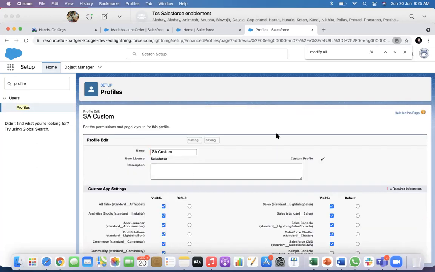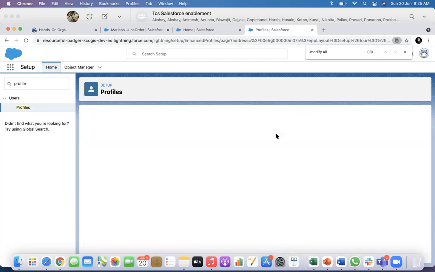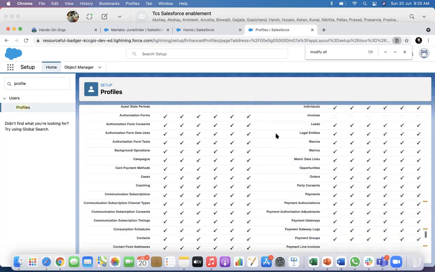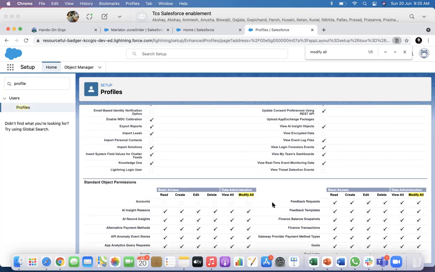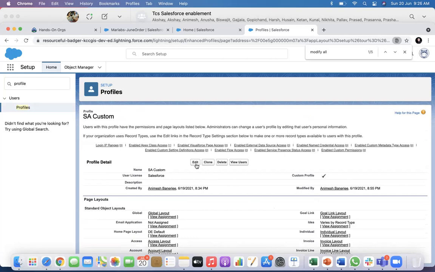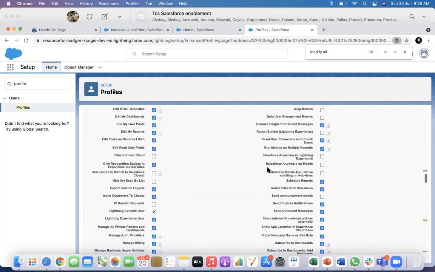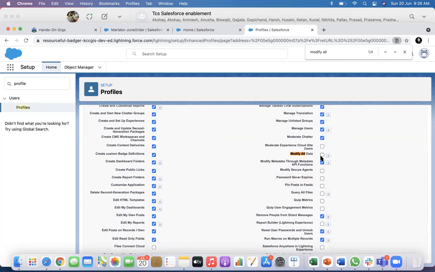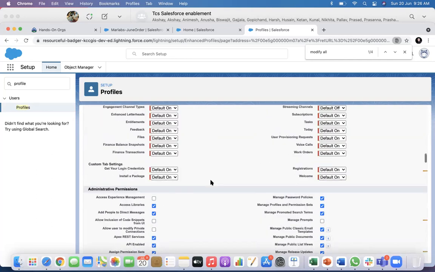So save. Let's go back to that modify and view all. I want to see whether that checkbox is checked or not. Yes, now it is. Individually you can go again and uncheck it, but if you have view all and modify all checked, or you are checking for the first time, it will automatically check all the objects, custom and standard objects. Clear? Okay, can you go again onto modify all data? I want to see whether that is unchecked now or checked in the system. Modify all is unchecked because I have taken out permission. Yeah, got it.